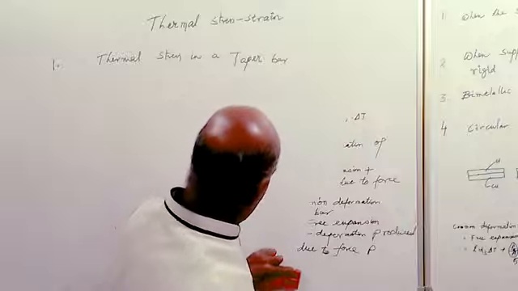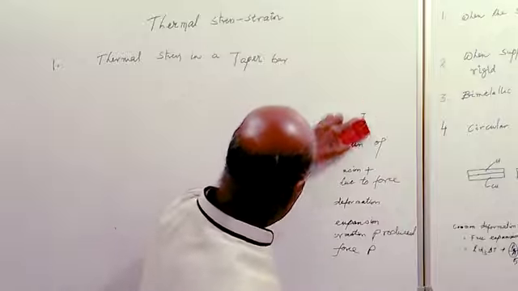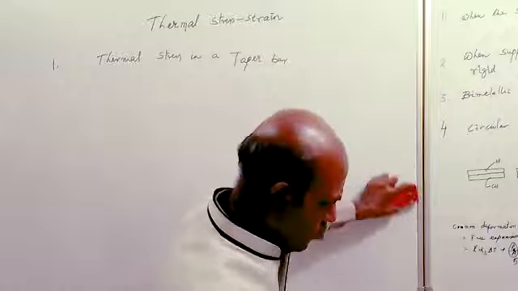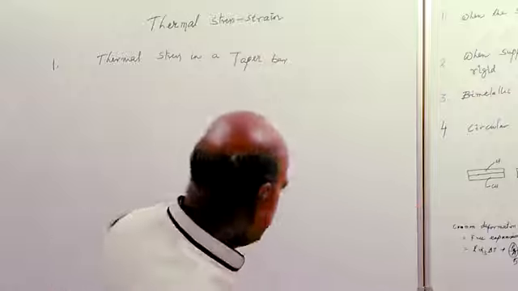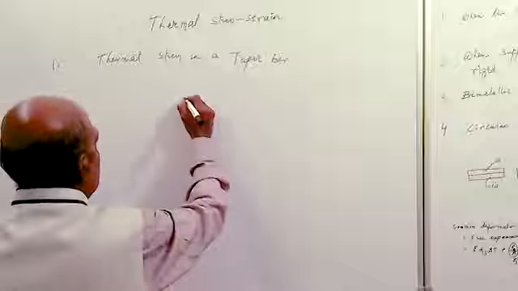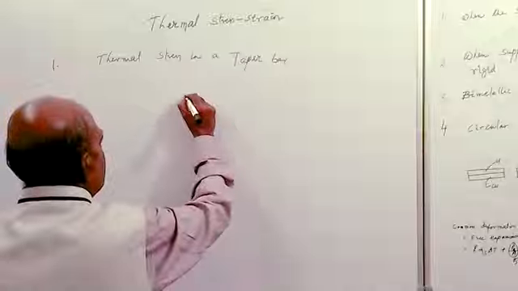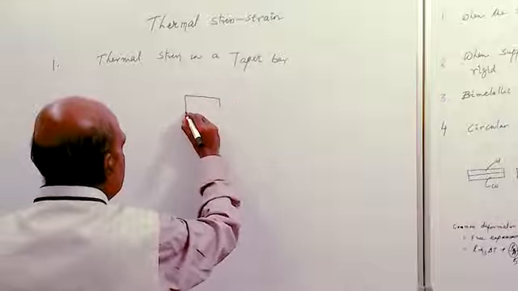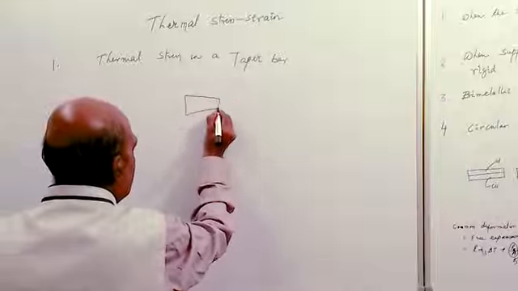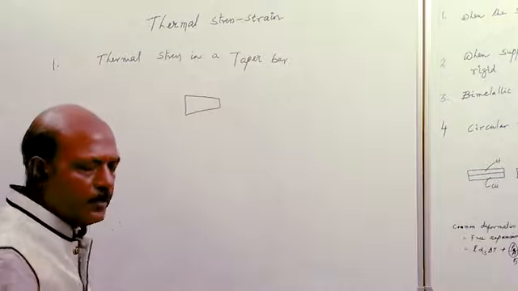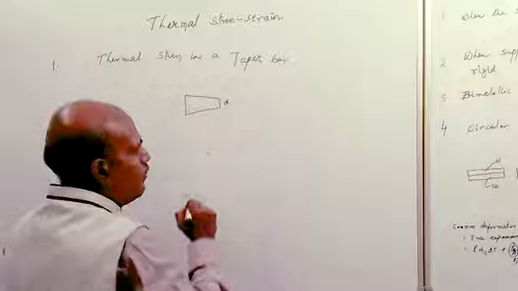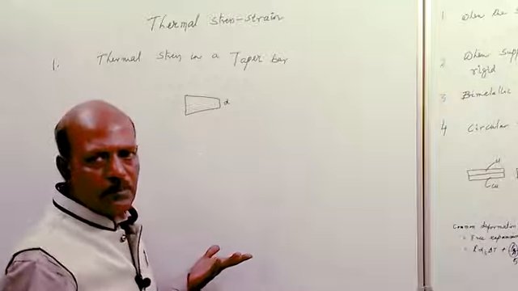So earlier we have studied the deformation of a taper bar. So we know what is a taper. If we see a taper bar, it looks like this: a gradually increasing or decreasing bar is called a taper bar. Now say small d is the diameter, say we are considering a circular taper,